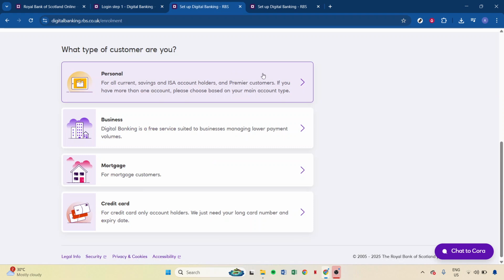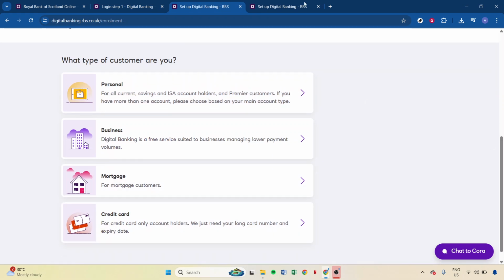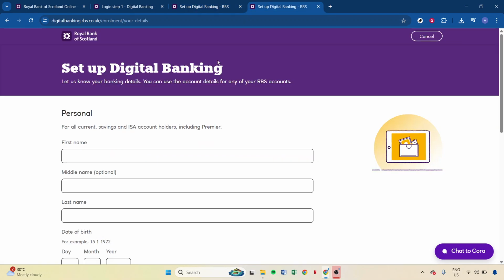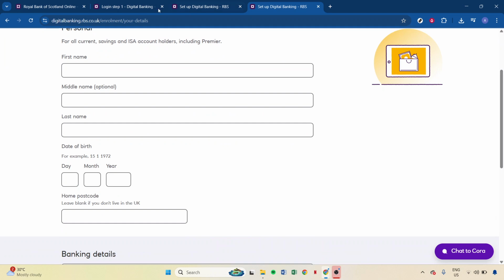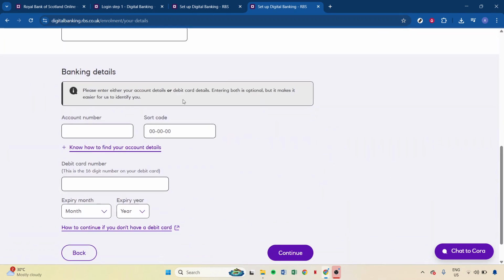Next, you'll need to enter your personal details as prompted. This includes your name, your date of birth, and crucially, your banking information like your sort code and account number. Make sure you have these details handy and that you input them carefully to avoid any errors or delays further down the line. These details are vital as they help the bank to recognize and verify your identity as an